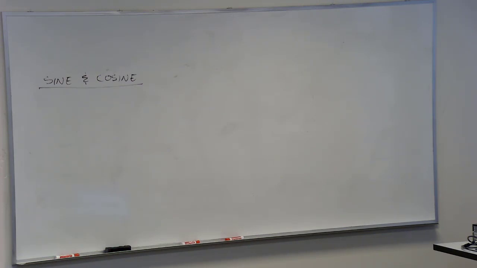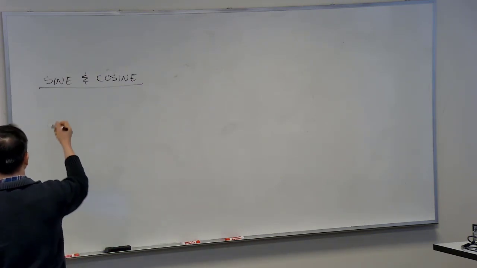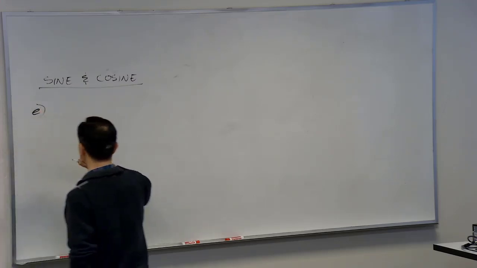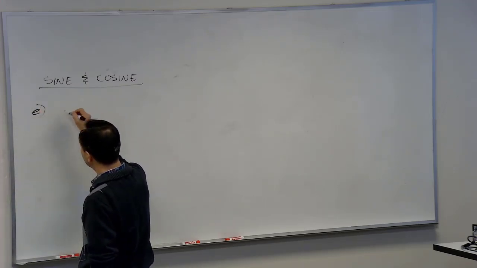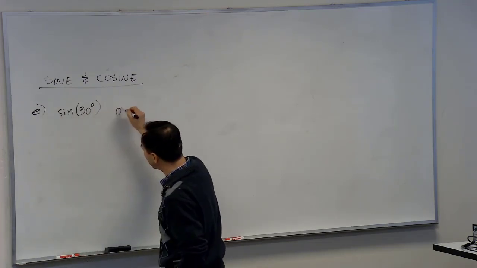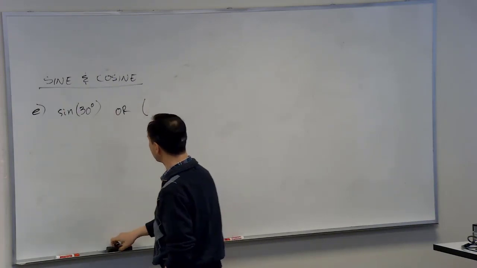Let's look at another problem here. We're continuing with example 1, so part E right here. Let's look at how about sine of the 30 degrees angle, or in radians you can call that it's